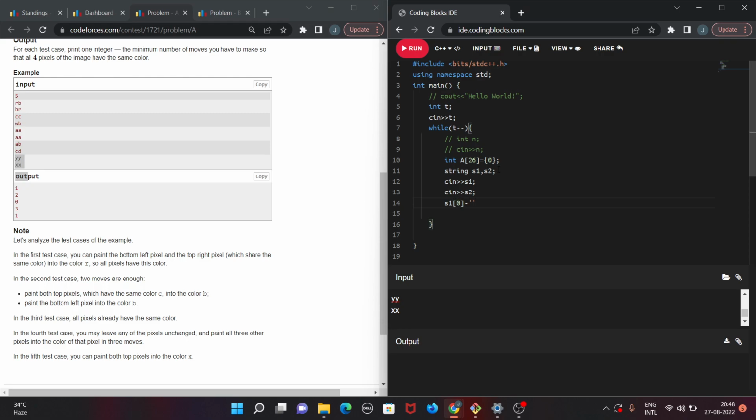So I'm going to subtract 'a' from them. So now I get a number between 0 and 25, and I'm going to do a plus plus, and I'm going to do this for every letter. It should be for S1 of 0, S1 of 1, S2 of 0, and S2 of 1. Right. Now that we have the count of every letter,